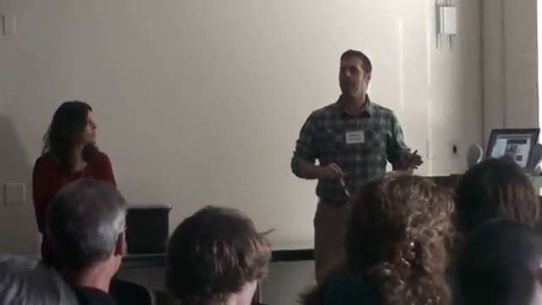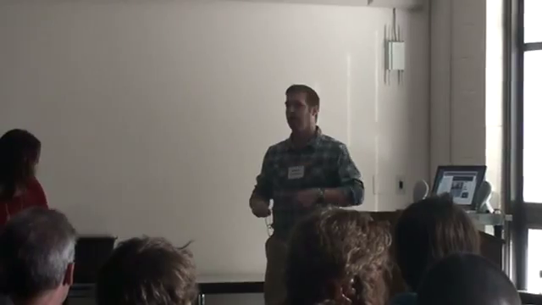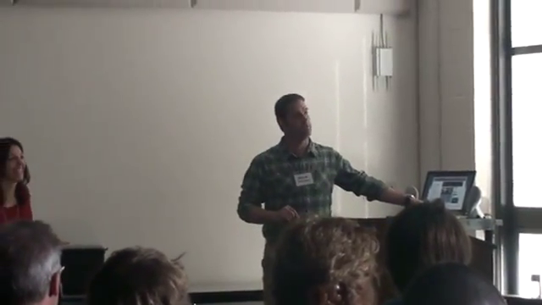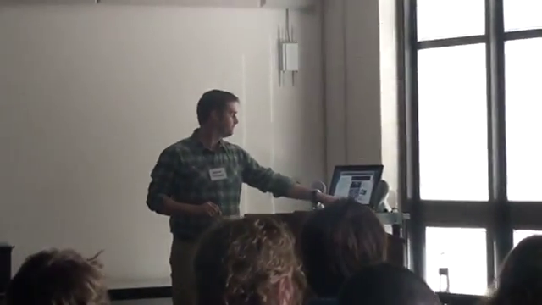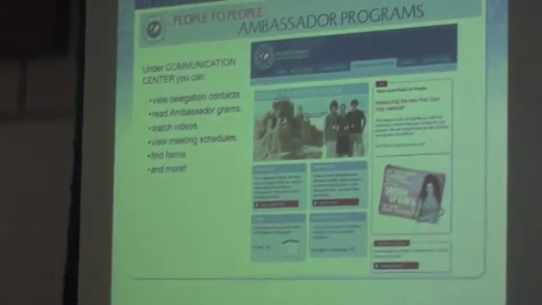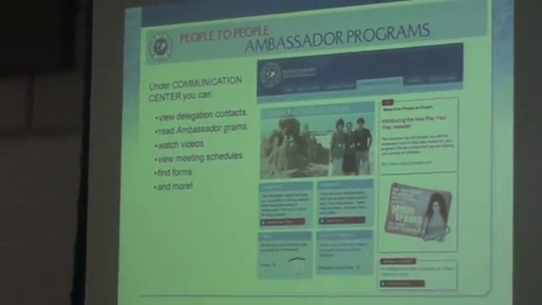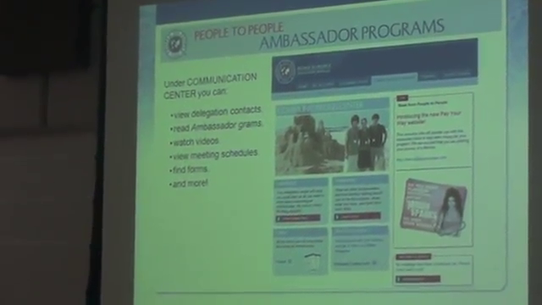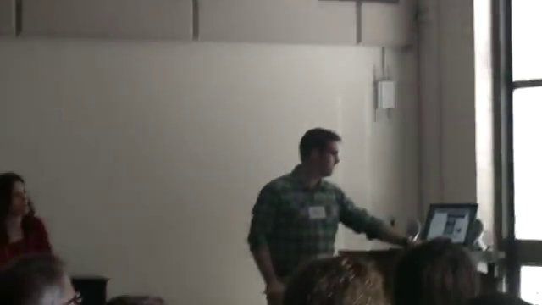And we will ask for those first 3 to be completed before the next time we get together. But you can, if you want to be an overachiever, go ahead, finish them all up if you want. Under the Communication Center, that's where you can find out contact information for each other, read updates from the home office, watch videos, look at the schedules. That's where you'll find the forms and so forth.